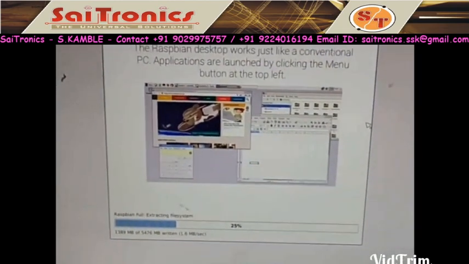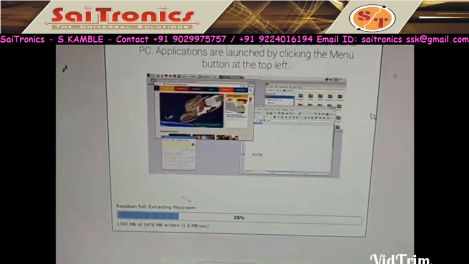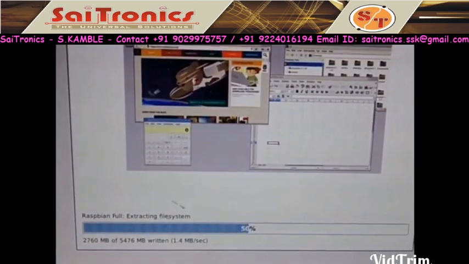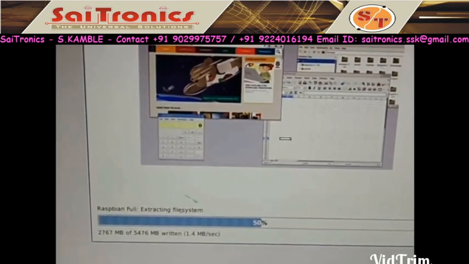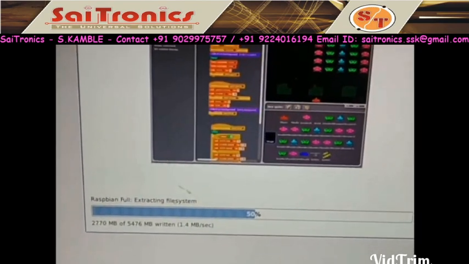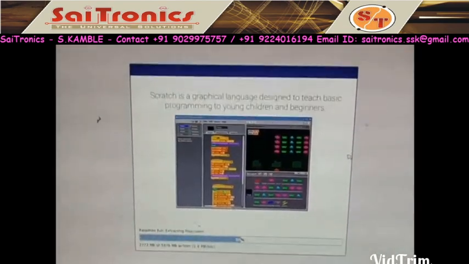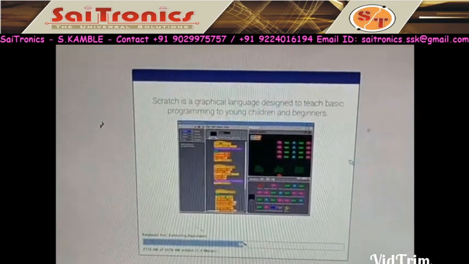Now this OS requires minimum 10 to 15 minutes for installation. 50% OS installation. So this OS installation is time consuming.